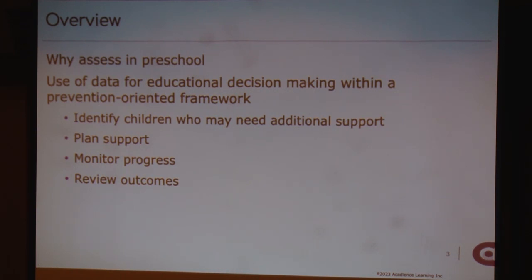So I will show both systems level data, individual child data. I will show data for the PELI. I will show it in our new platform, which is now called Acadience Learning Online, is no longer Acadience Data